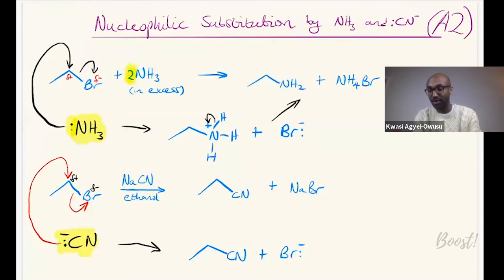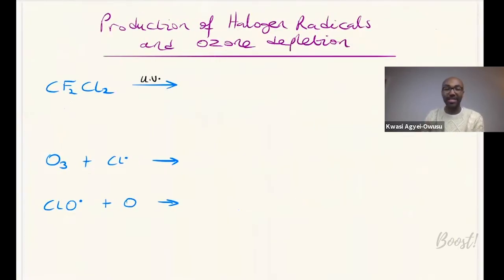Okay, so some more examples of nucleophilic substitution there for you. Okay, so at this stage, another quick check to see if there are any questions. There aren't, so we will move on to look at another aspect of halogenoalkanes that you're required to know about